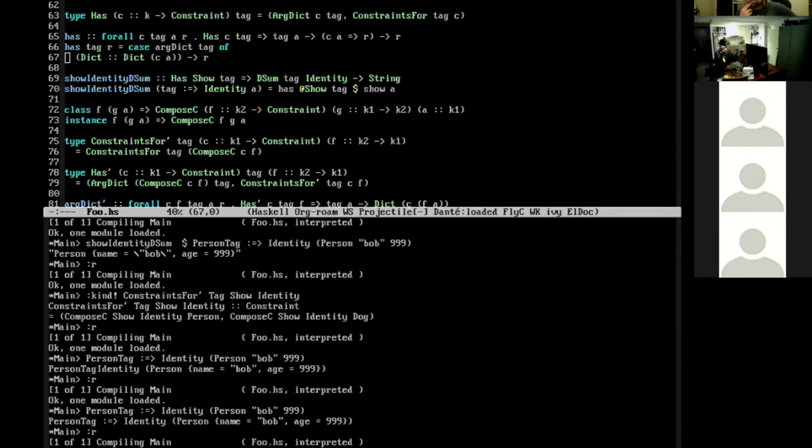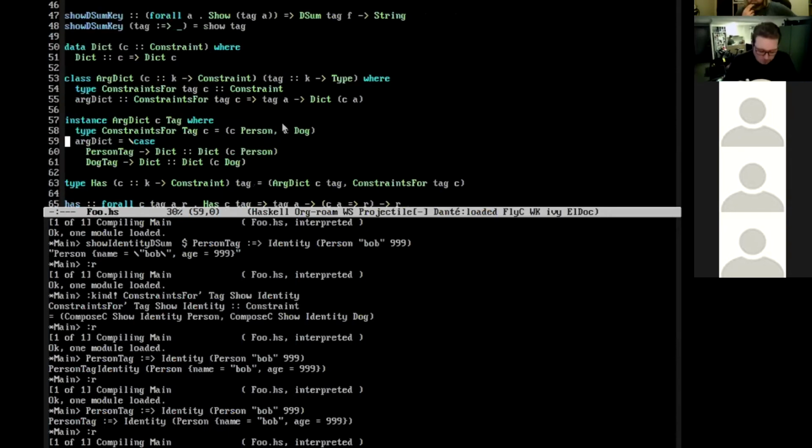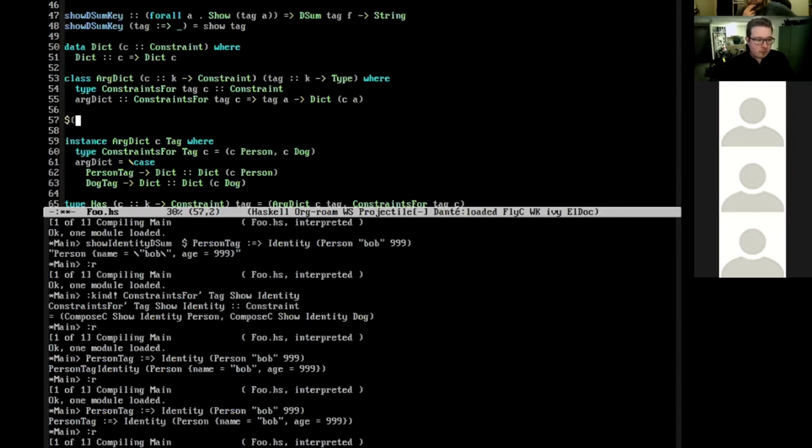What Template Haskell things do you have to prevent writing out some of the instances from that? So it's not me, but the Obsidian folks maintain this library, and this tag type instance goes away, and you basically write, I think it's derive arg dict tag, and that's the only thing that needs to be written.